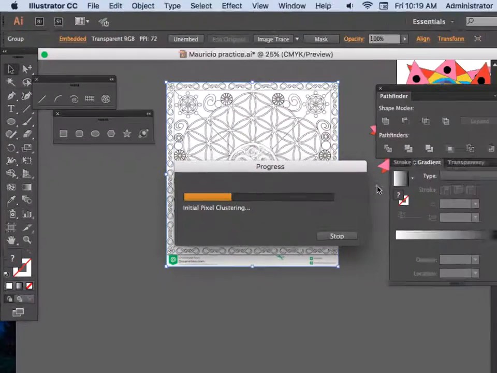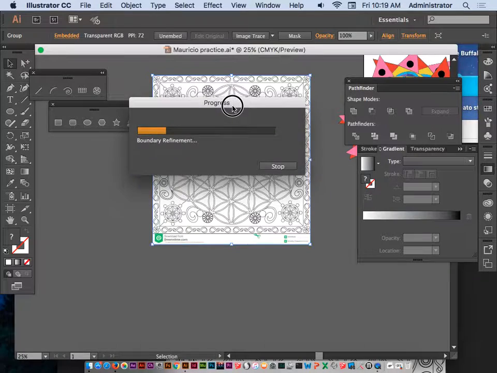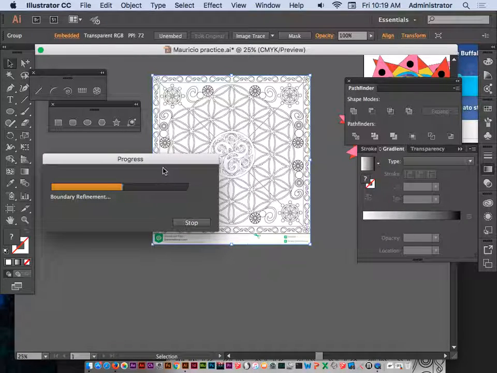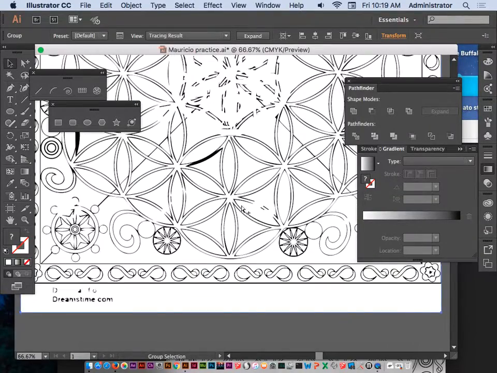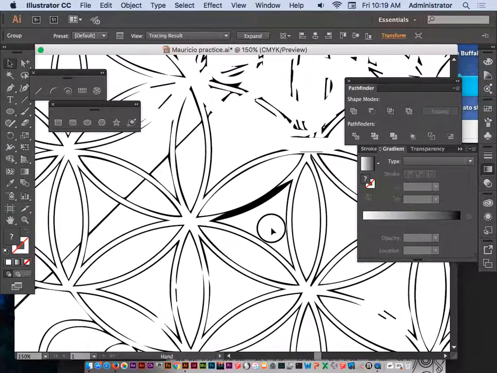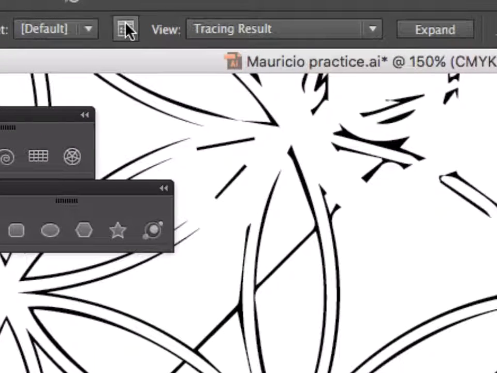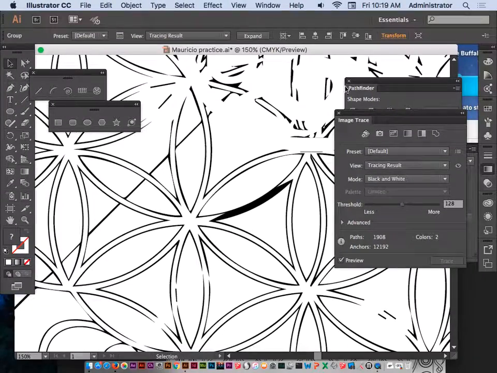Give it a little bit. It's going to do the image trace for you. It's going to turn it all black and white and basically draw all of the lines. They might not be bright enough. You can see it didn't draw every line. So we got to go up to the top, right to here. Click on this, and we can change the settings